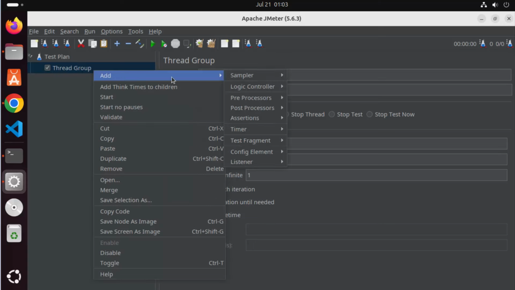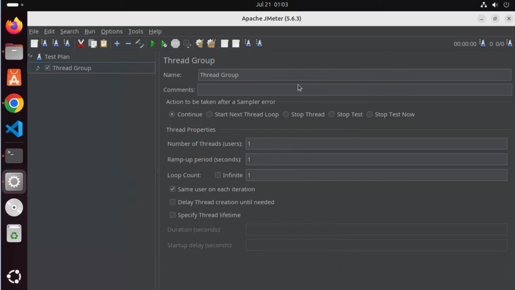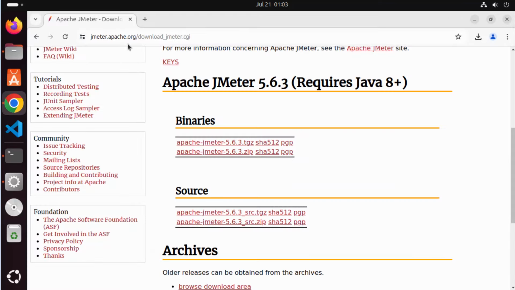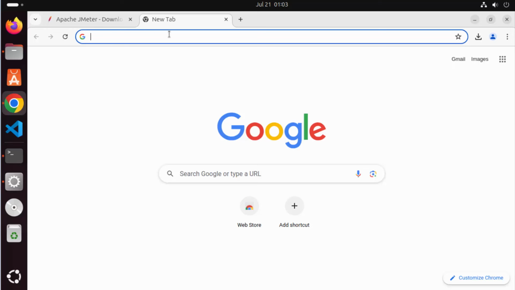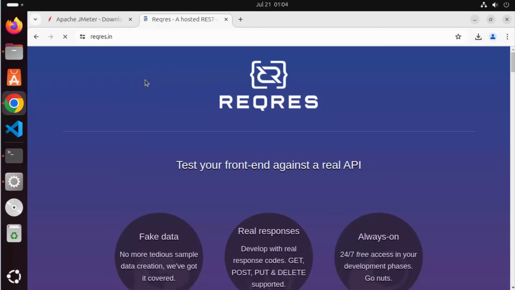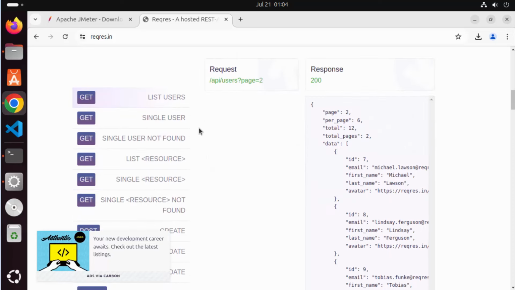So for now I'm going to just leave them as default, and then right click on the thread group and then select add and then select sampler and then select HTTP request here, and here you can add your HTTP request, right? So I'm going to go to my browser, and there is this website which is called reqres.in, where you can find the sample REST request to test with.